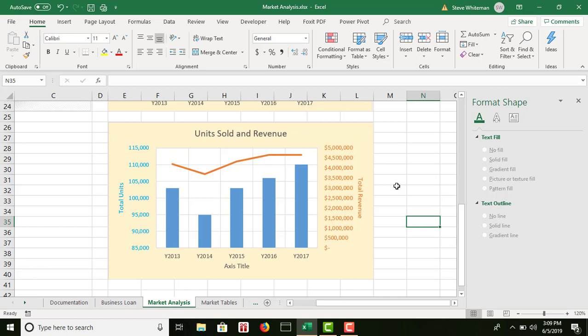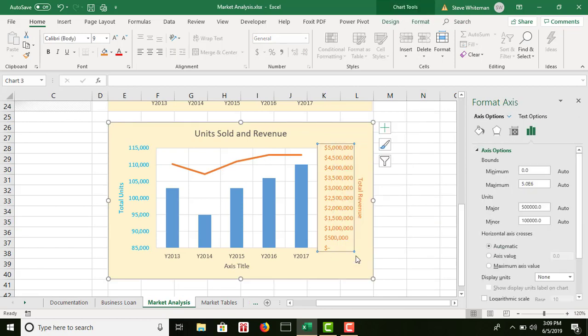All right, so we've done step number 12. 13, change the scale of the total revenue axis. So total revenue, this one right here, we want to change the range. So I'm going to right-click on one of these numbers and go to Format Axis. And right here where it says Minimum and Maximum, all right, actually we'll do this down here. Units, we'll go with 3,500. So highlight what's in the major under units, and we're going to type it as 3,500,000. 3,500,000. And we're going to change the minor to,